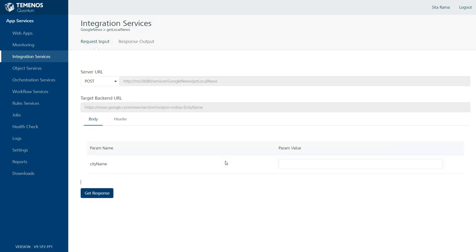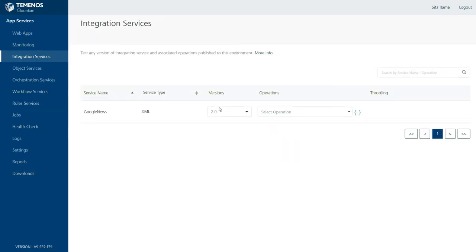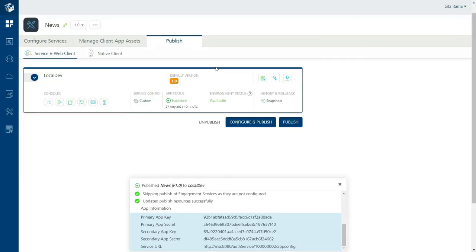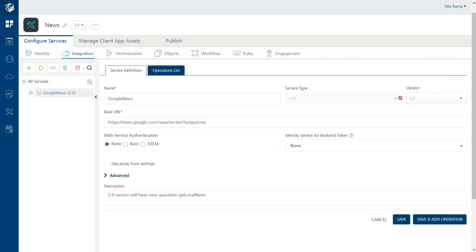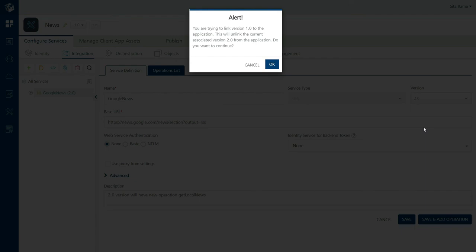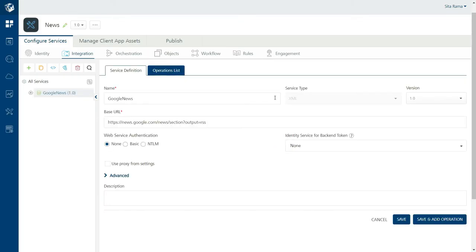So this is how we can use a specific version of an integration service inside our Fabric app, and when we publish that Fabric app, that specific version of the integration service is available in the runtime environment. So any of the client apps can use that specific version of the integration service. If we go back to the Fabric console, and inside the integration services, I change the version from 2.0 to 1.0,